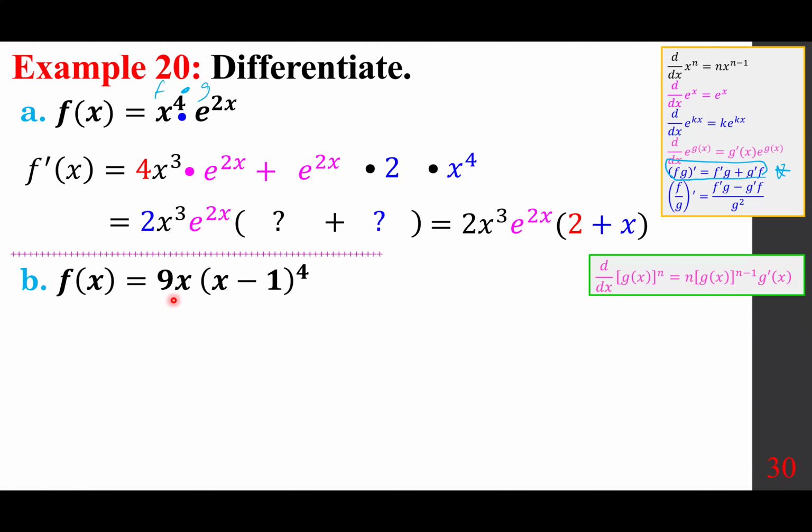Again, we are looking at the product of 9x and x minus 1 to the power 4. You have a choice. You call this 9x or put brackets and deal with x. Both ways work fine. It depends on this number, whether it's a difficult number, that means it's way too large or too small. So just the way it is, this is f